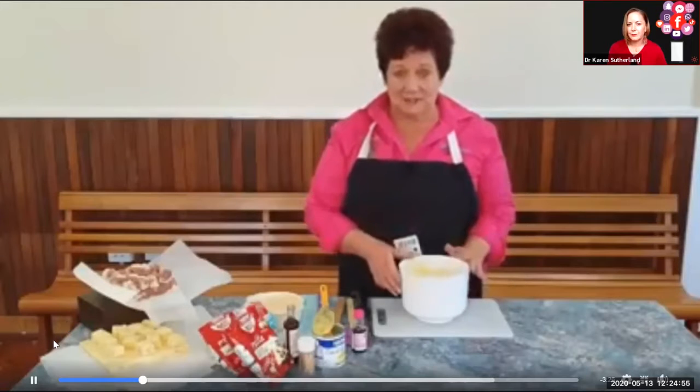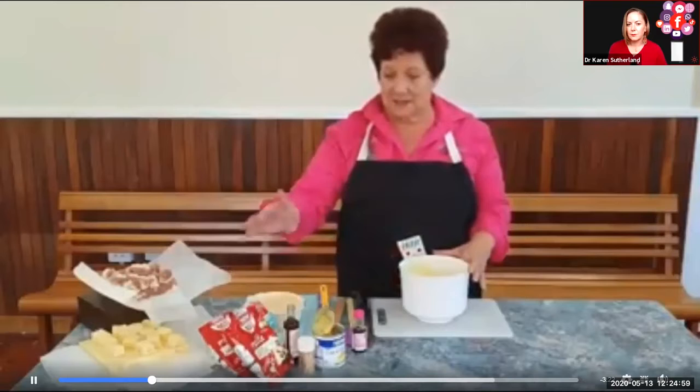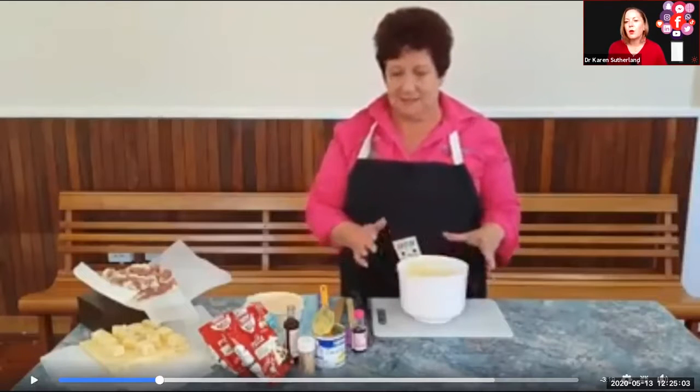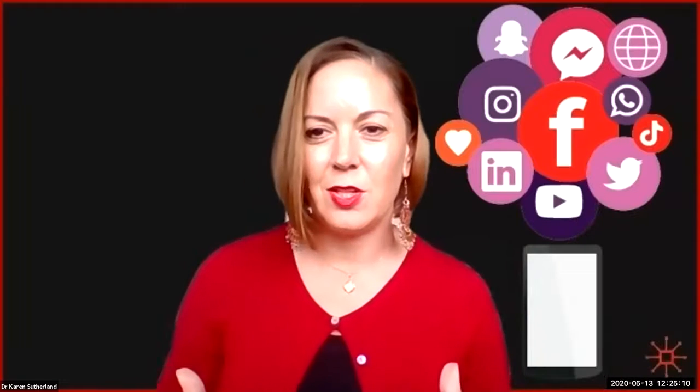So put all that together, and today I've actually melted it in the microwave. So in this bowl I have the 2 bags of the chocolate, I actually have the condensed milk and the butter. So I won't play the whole thing, but I just wanted to give you an example of the type of content that you can actually do.